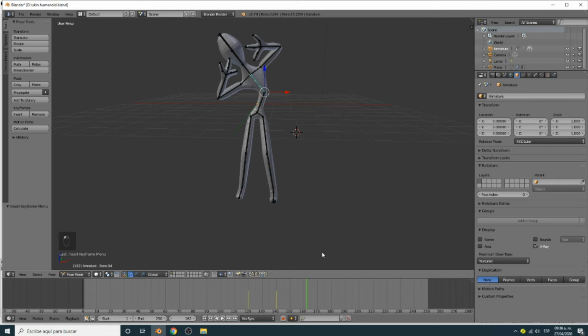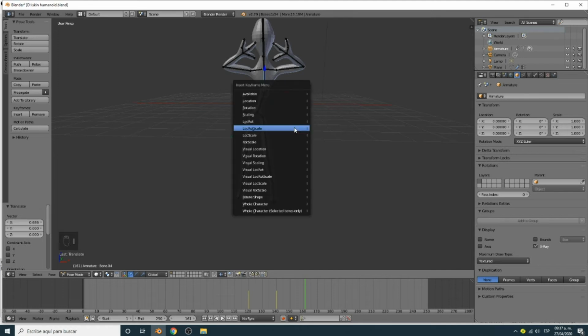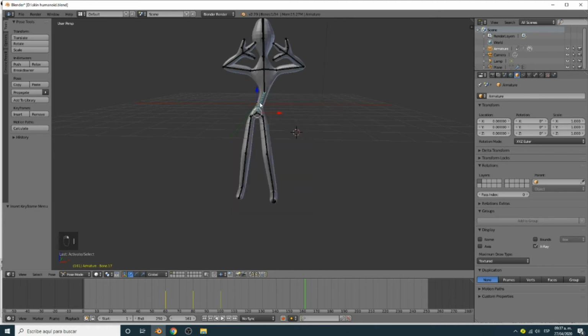Okay, I'm going to finish my movements here, so I'm going to put it straight at 160. So I move it like this. I save the animation with log raw scale. I'm going to move this one too.